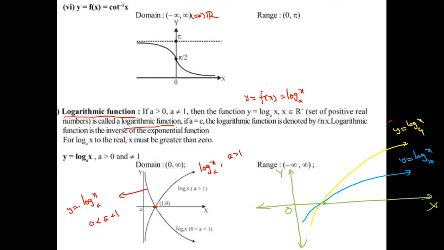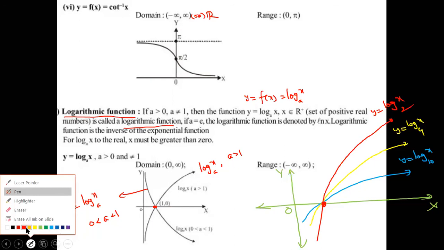See carefully. That's why listen to the class completely from the beginning to the end. What is the graph? This one: y is equal to log x to the base 2. That's the meaning. So what you are observing, when the base is rising, the graph gets towards the x-axis. That's the meaning. Is it clear, dear students?